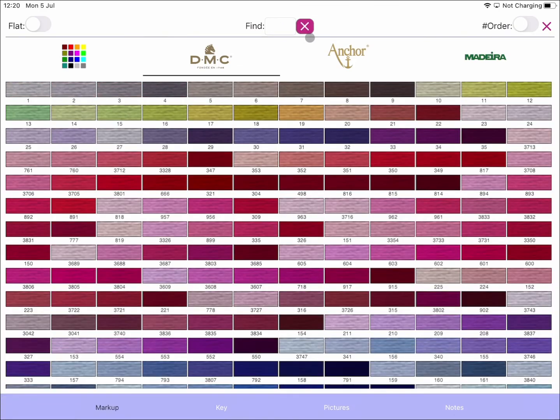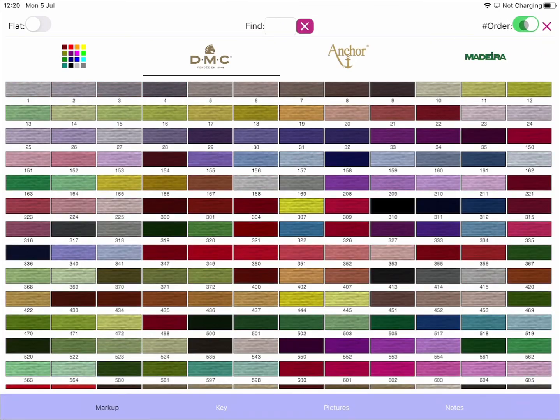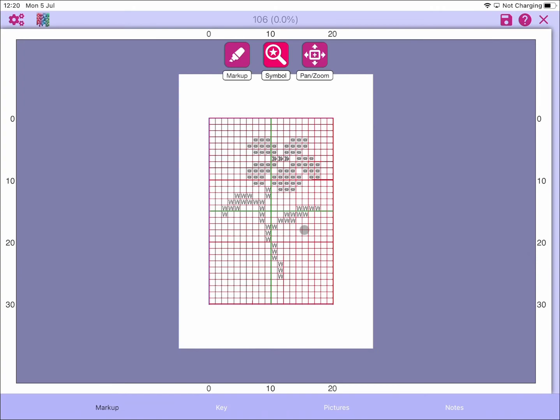We just close that down. What we've also added is the ability to select the colors in order number. So rather than being in shade card order like that, we can choose to select it by number. And once you find the color that you're after, if you just select that color and you go to markup, then that color will be selected. So these are a couple of the changes that we've made.